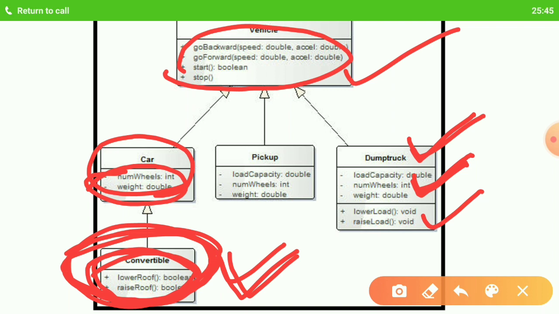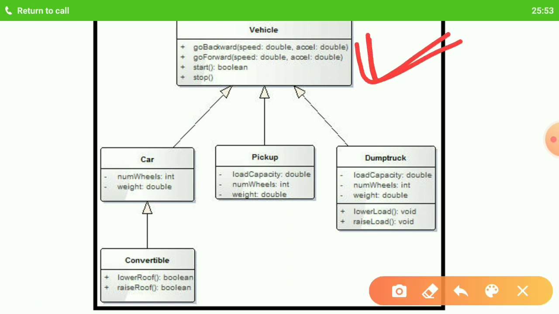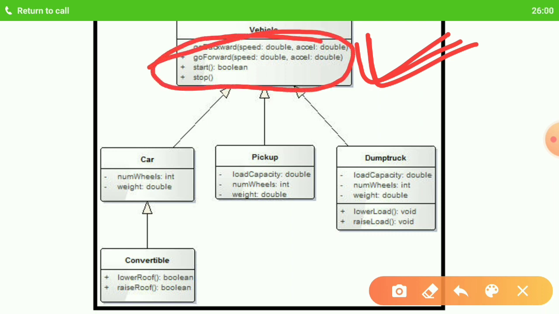Now notice here that in this base class, it has got all the features that will be common to all the derived classes.